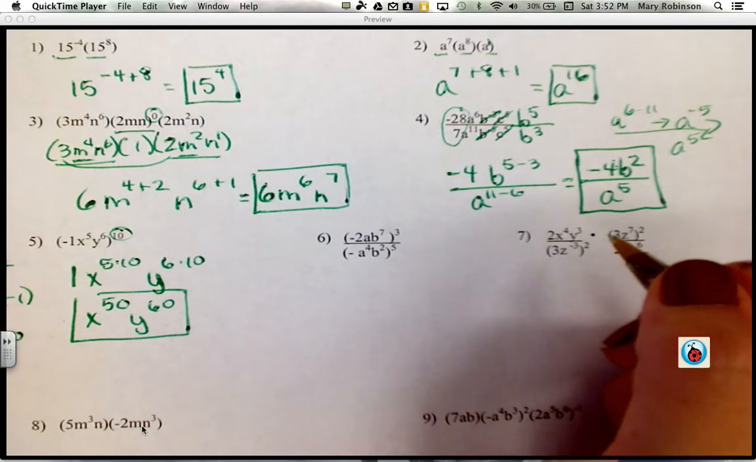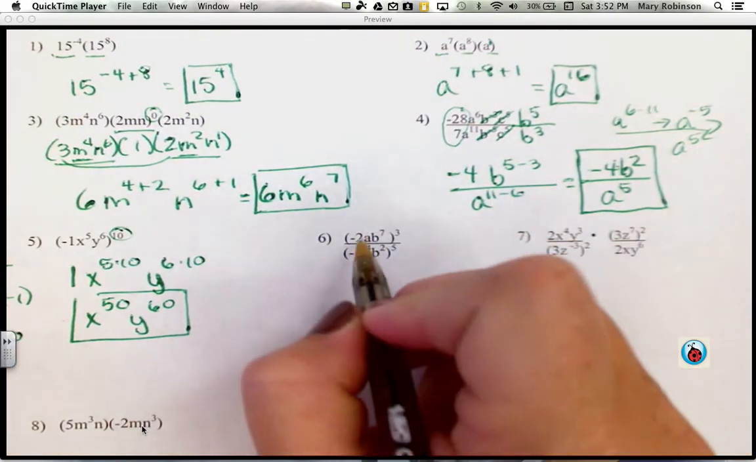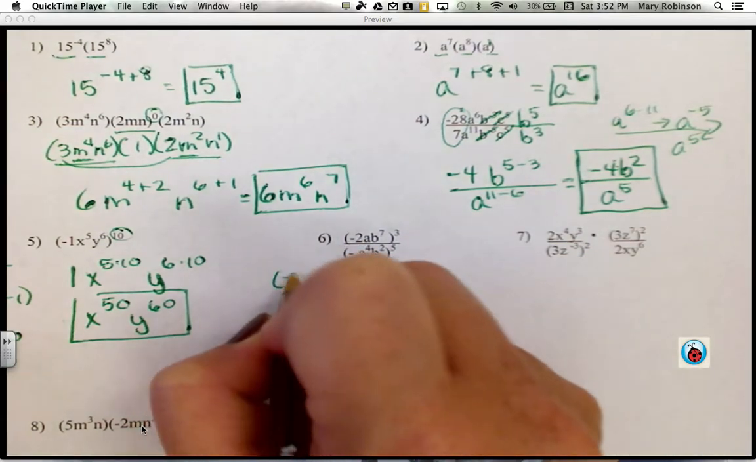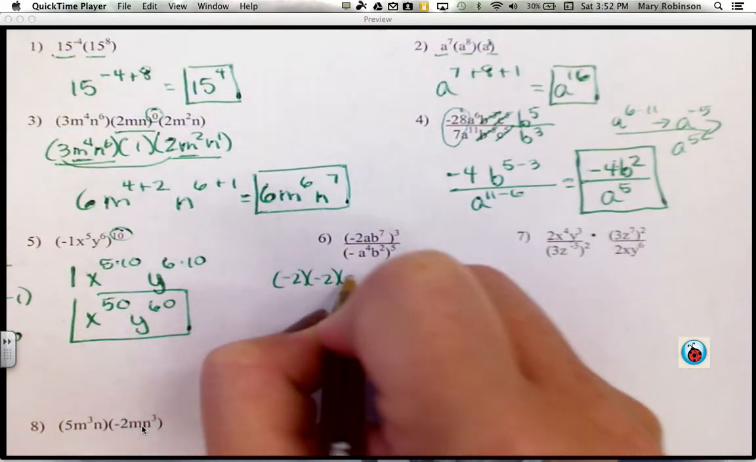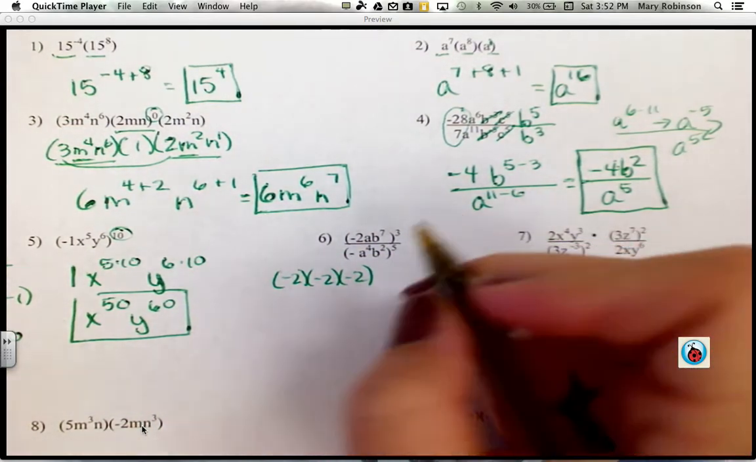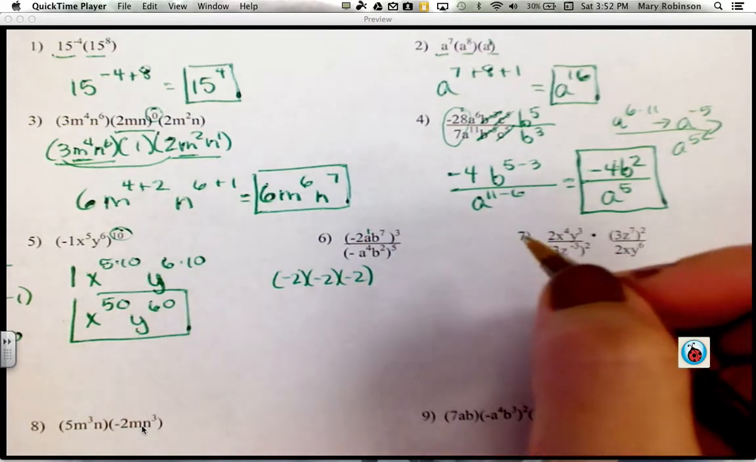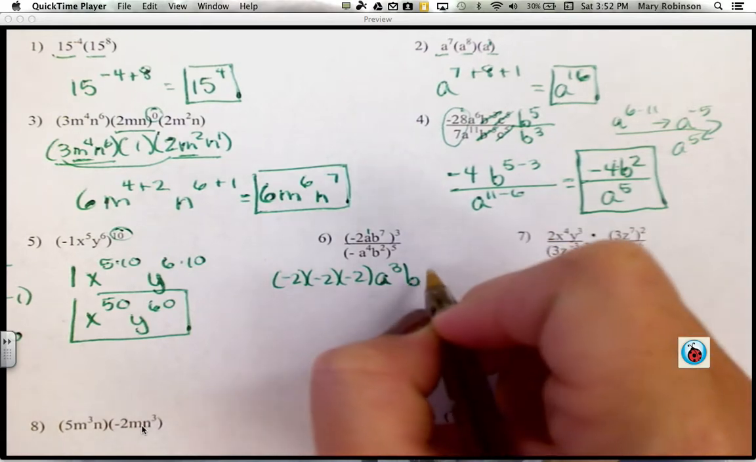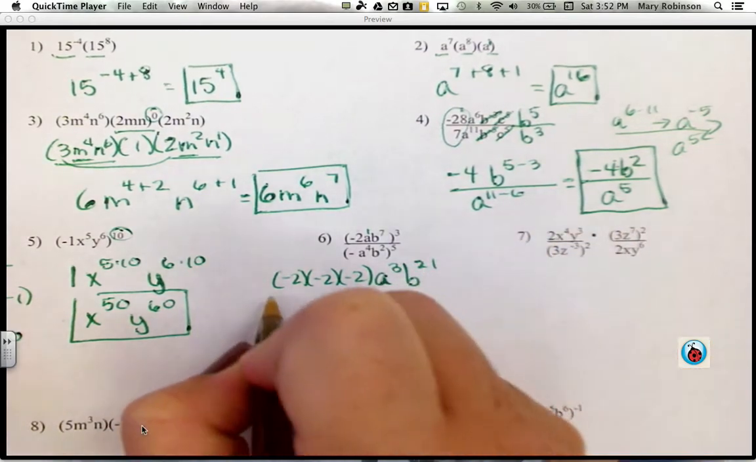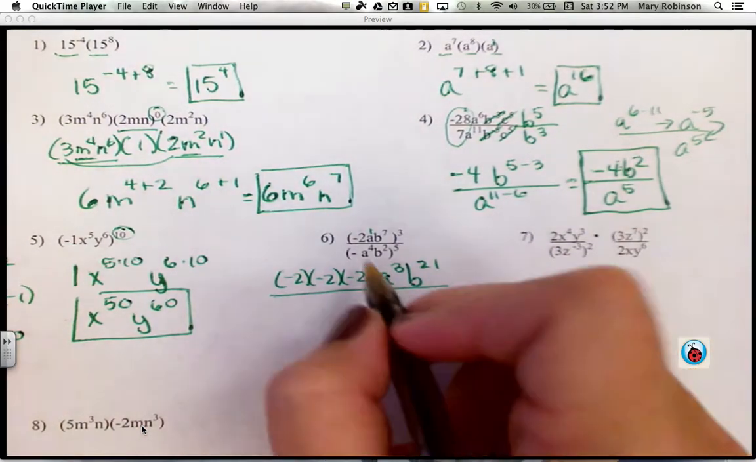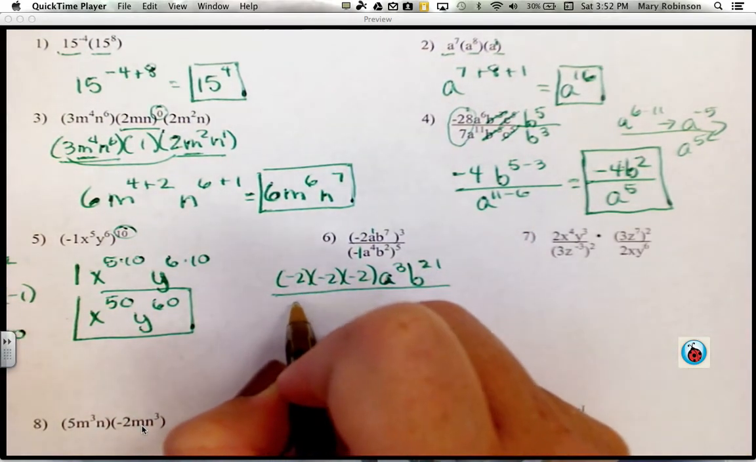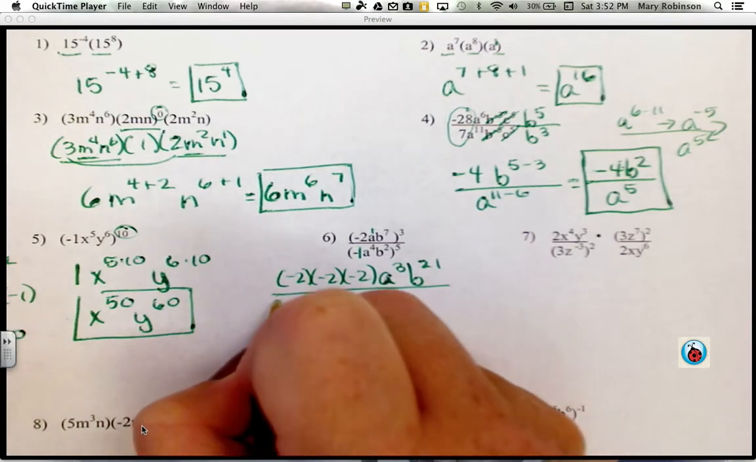Next, for number 6, remember any number to a power we are going to evaluate as -2 times -2 times -2, where we will then multiply our exponents of our variables, giving us a to the 3rd, b to the 21st. On the bottom, we can put a negative 1 in there if you like, and a negative 1 to an odd power. Remember,